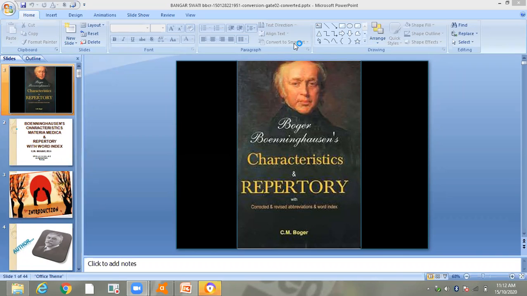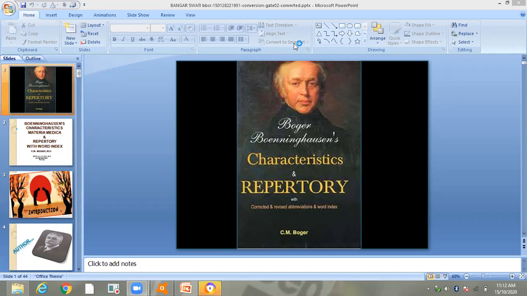Then the concordance section, as we know, is the same as that of BTPB, and this is very helpful for the second prescription as well as for further prescriptions during follow-ups. And the characteristics part helps in reference. In this way, these are all the special features of BBCR.